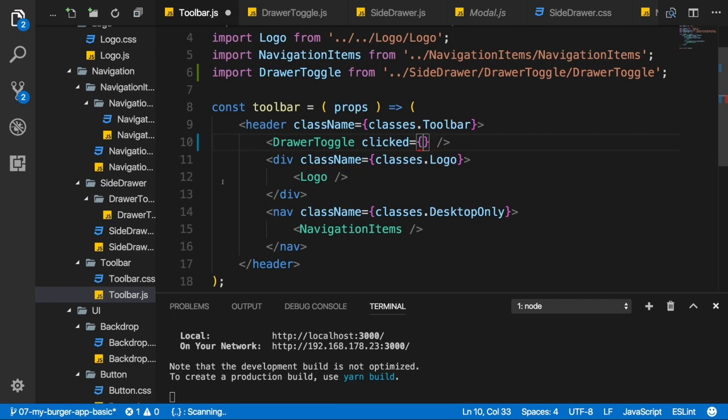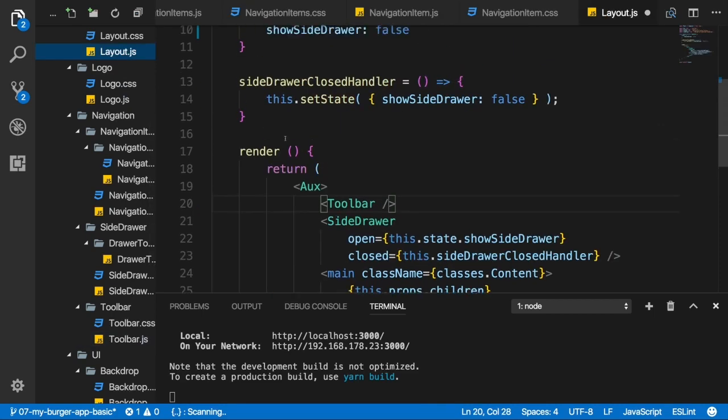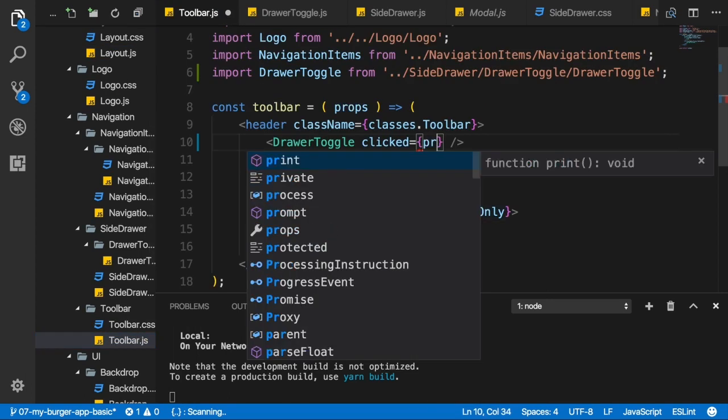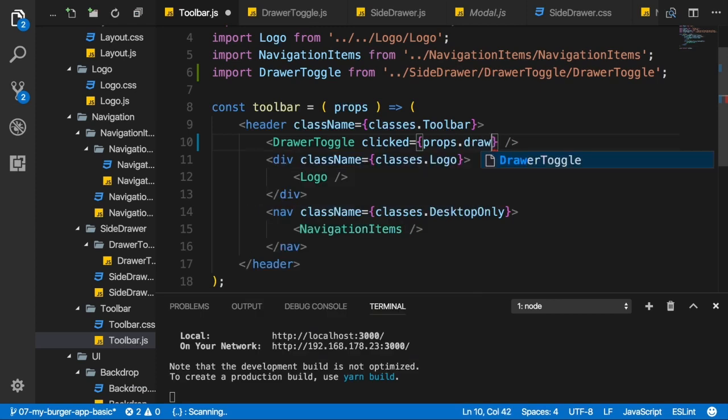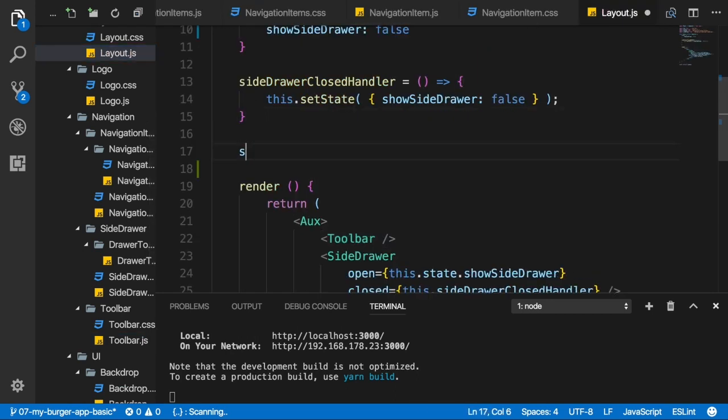And there, of course, we also don't have that method defined in here. But we will use the toolbar in the layout component where we will add this method. So ultimately, we'll set some property on the toolbar and pass down the method reference from there. So let's expect this property to be set in the toolbar, and I'll name it drawer toggle clicked. This will be a prop I'll receive which holds a reference to the method which should get executed. So drawer toggle clicked. With that, let's go to the layout component, and there I'll add the side drawer toggle